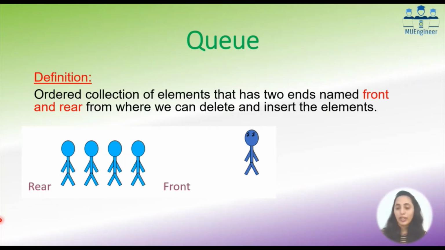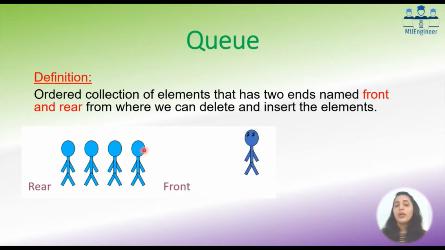Okay, so whenever we do any operations with the queue, these are the two keywords which we should remember: front and rear. If you see properly in a queue, this ticket person, whom will he give the ticket to first? Obviously the one who is coming first. So the first one in the queue will be executed first. That means this one will be getting the chance.